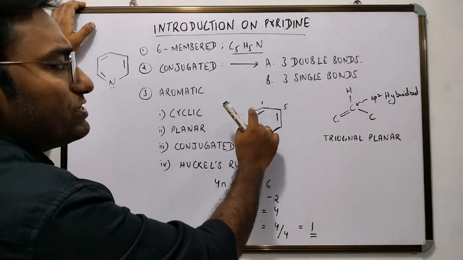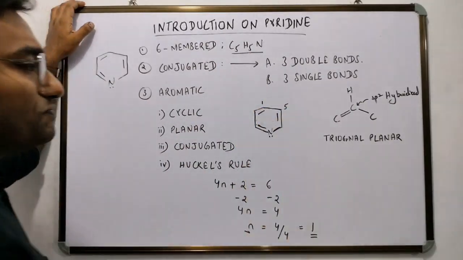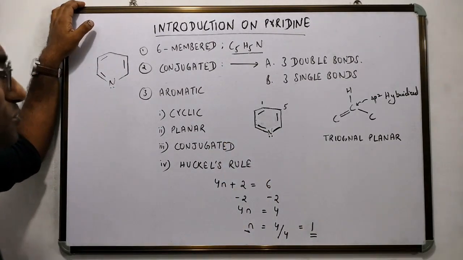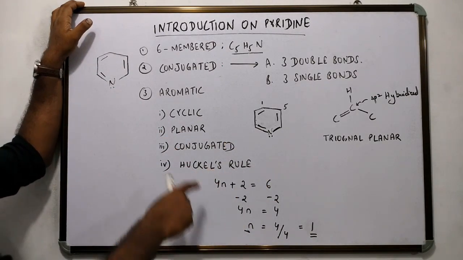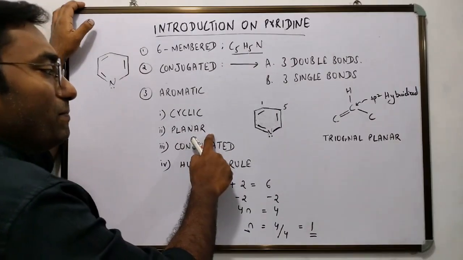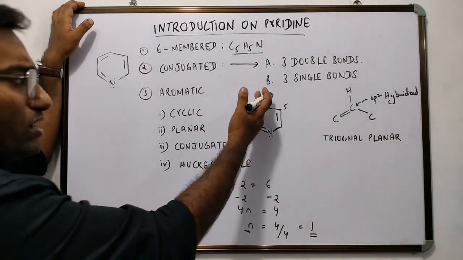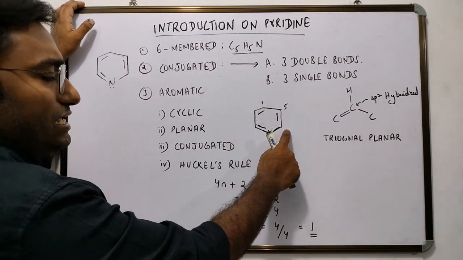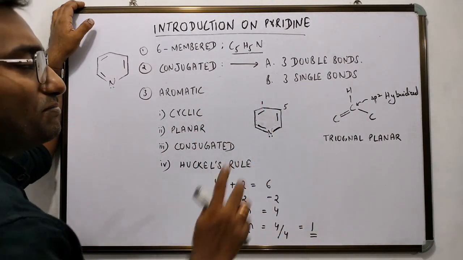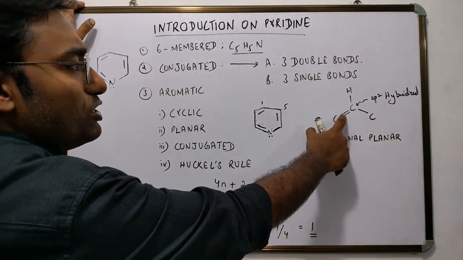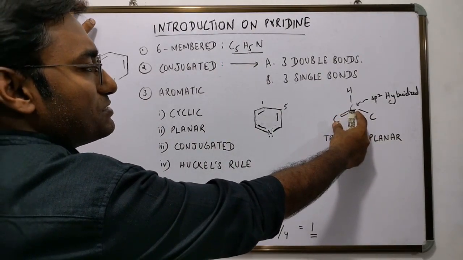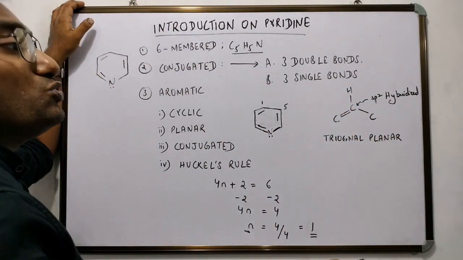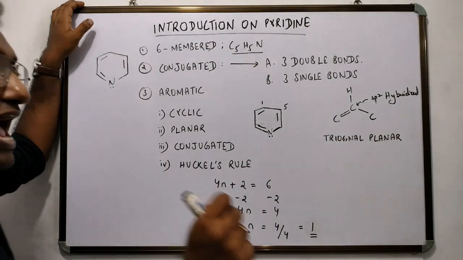In pyridine, the first carbon atom is attached to the 5th carbon atom. That means pyridine is a cyclic molecule. Condition number 2, the molecule should be planar. If you look at the structure of pyridine, each of the carbon atoms of pyridine is a doubly bonded carbon atom. For a double bond to appear between 2 carbon atoms, the 2 carbon atoms should undergo sp2 hybridization and